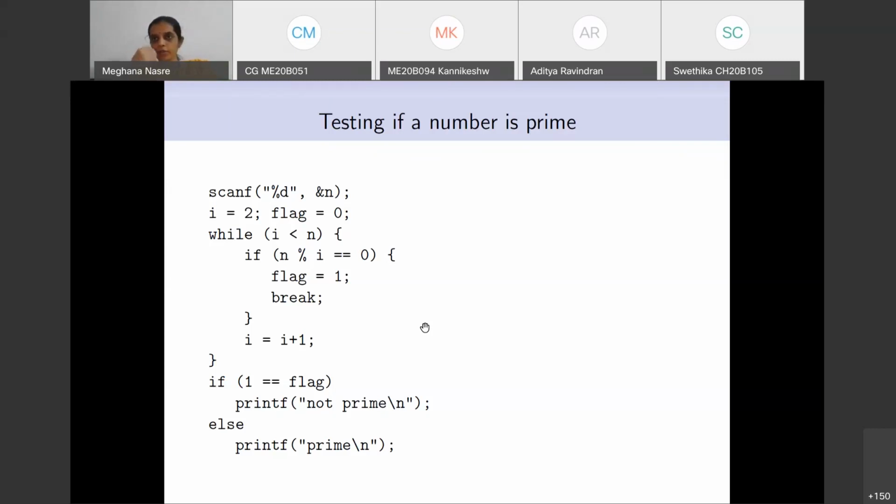Let me just finish this. Somebody had asked this question. Is it clear that n is equal to 2 is taken care of? Understood. Sorry, I don't know who had asked this question, but okay. So some other questions that are there. Is the flag necessary? I have already said that the flag is not necessary.